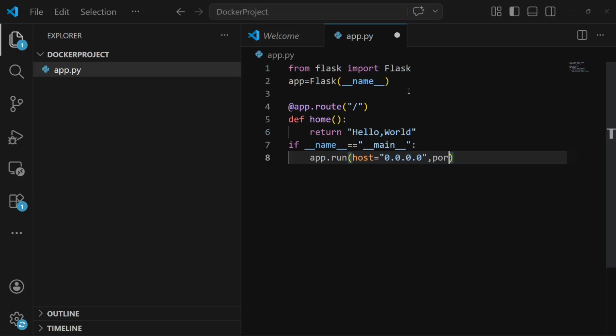Then you should select the port. So port, let's go with 5000. Okay, so this is my simple Flask server.